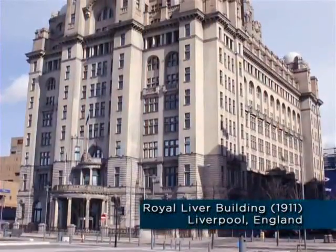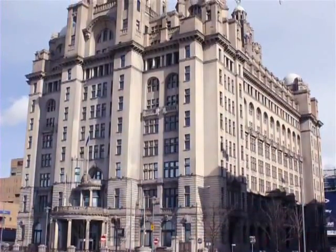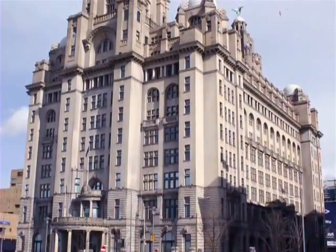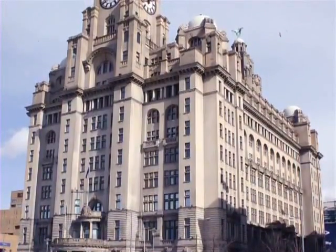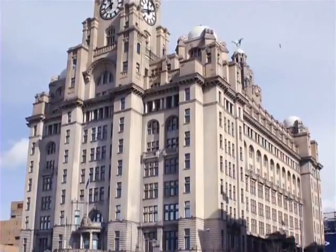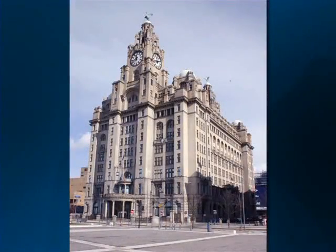Here's a typical example. The Royal Liver Building in Liverpool, England. This grand structure was completed in 1911 and remains one of Liverpool's most famous structures today. It is entirely reinforced concrete, inside and out, a fine example of the advanced state-of-the-art just 2 decades after Hennebique developed the system. In the U.S., the development of reinforced concrete was pioneered almost exclusively by an English immigrant named